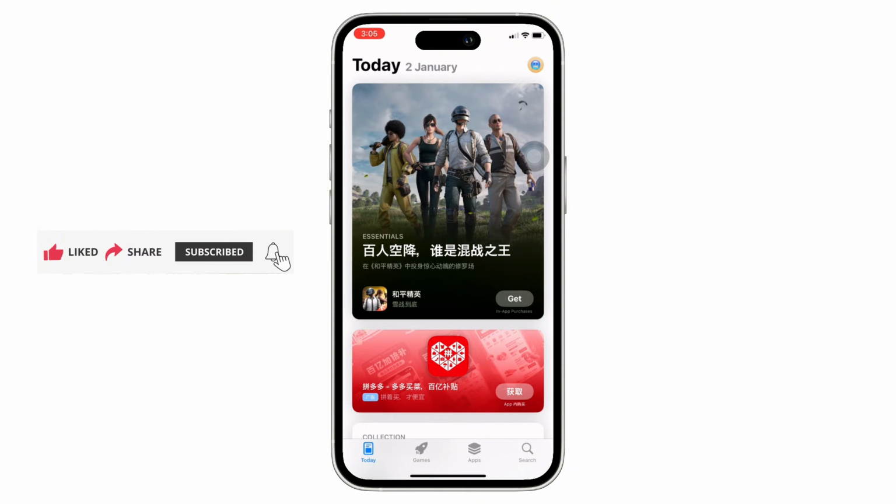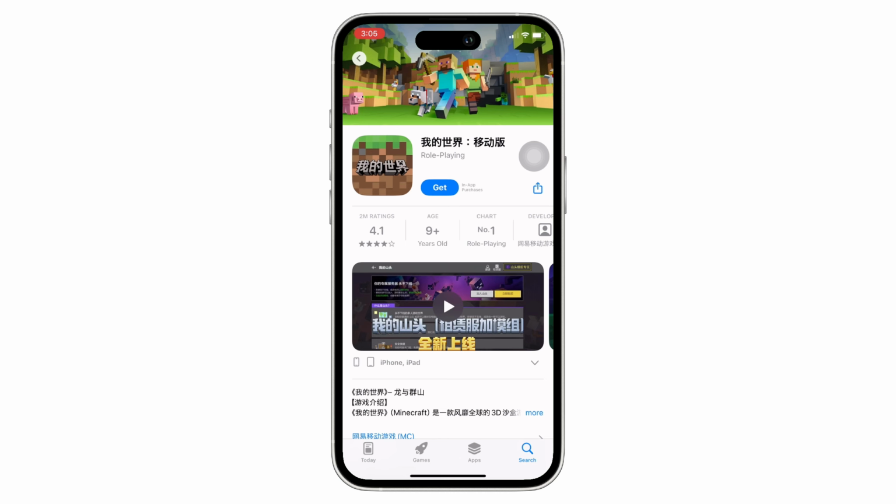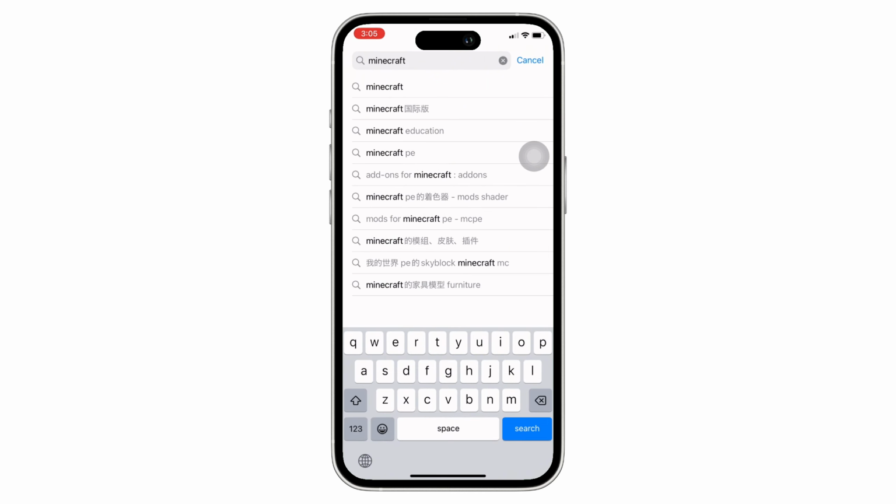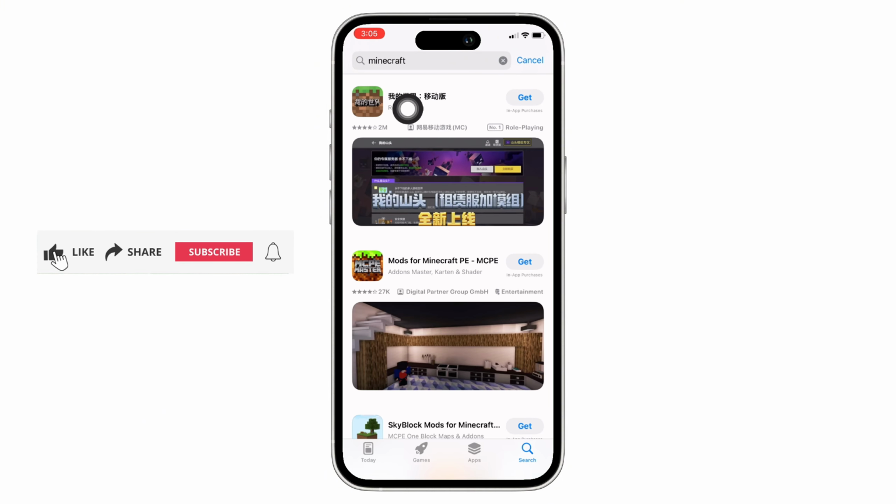Now, open App Store and tap on the search bar there and search for Minecraft and you will see the Minecraft option. Tap on that and then tap on the Get option you see there in order to download Minecraft